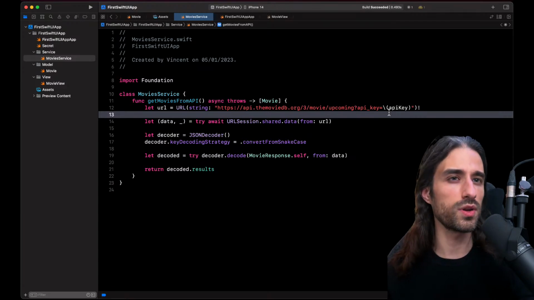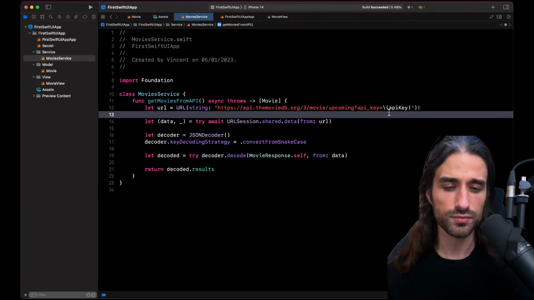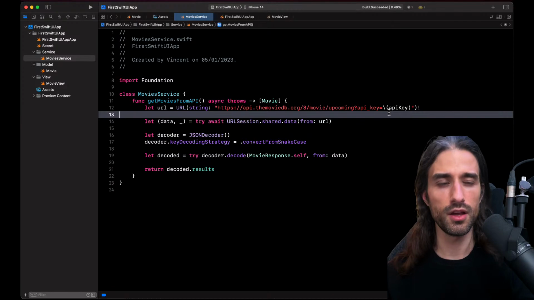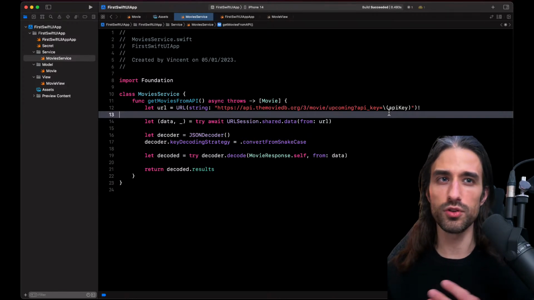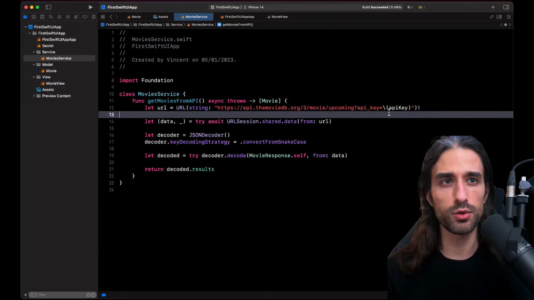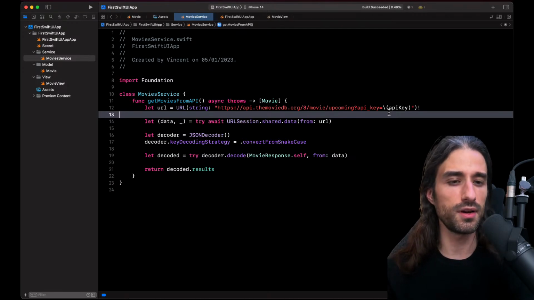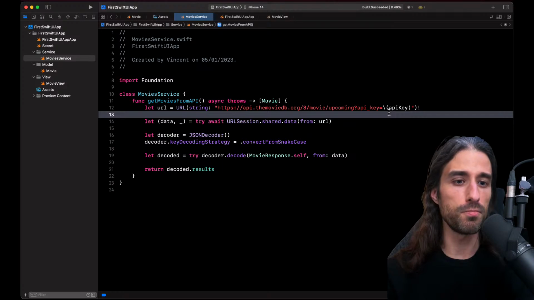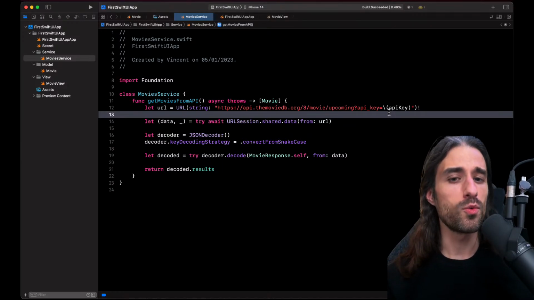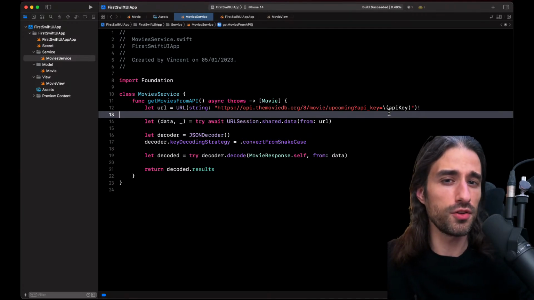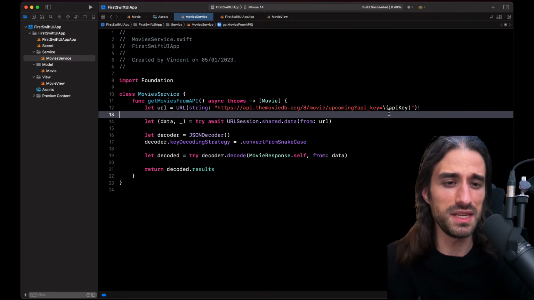So indeed, in a real app where such a crash would be unacceptable, you might want to have a mechanism to display an error to say, okay, something bad happened. But here I would still say it's okay-ish. Whether you use force unwrap or not is always a big debate.